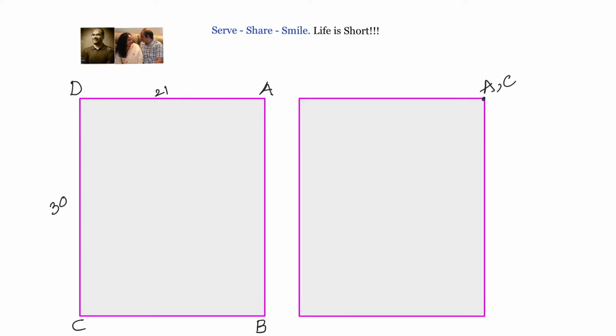Now what I request you is take an A4 sheet and try to join the opposite vertices of an A4 sheet and see how the pentagon looks like. I want you to literally take a paper and try to do this and see what you are observing. That is what I am going to draw and show it to you now in 1 minute.